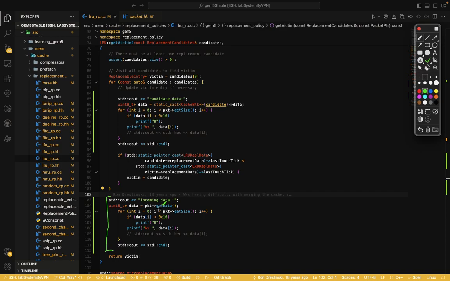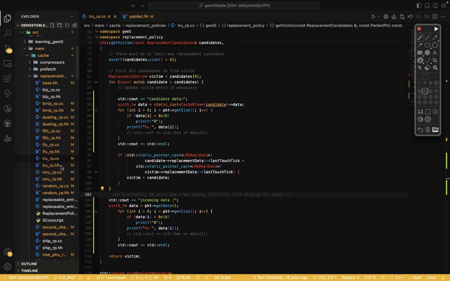Okay, and this is some part of the change. But when we want to send the packet to get victim, if the packet is null, this will crash. But we don't pay attention to that now, because we just want to call this function when we have an incoming packet, and we try to find the victim to replace with the incoming packet.